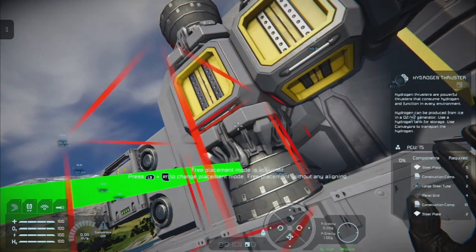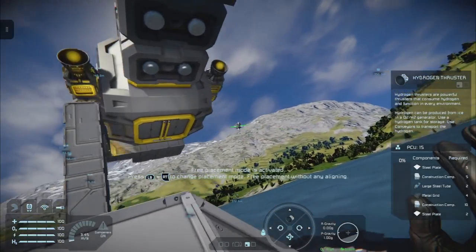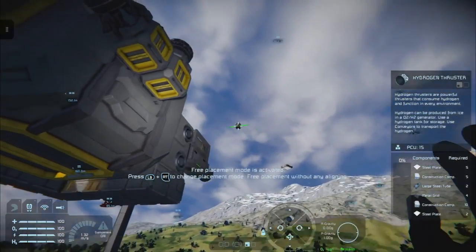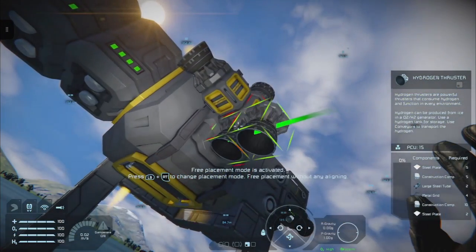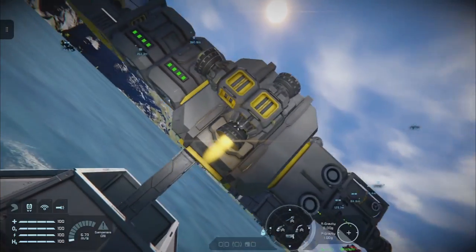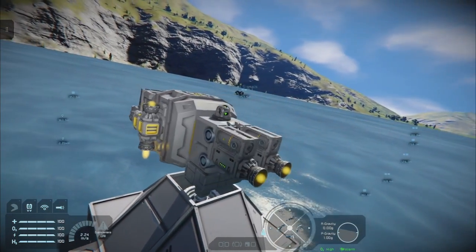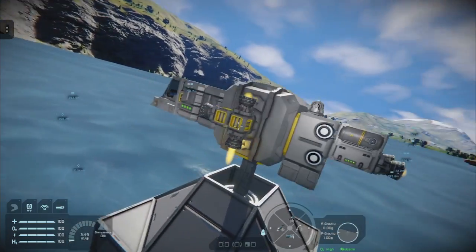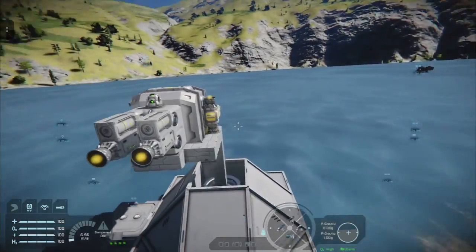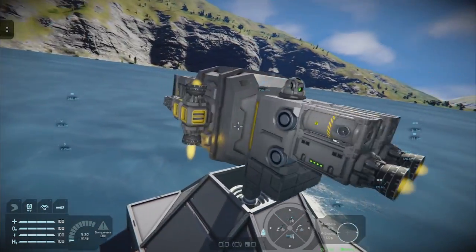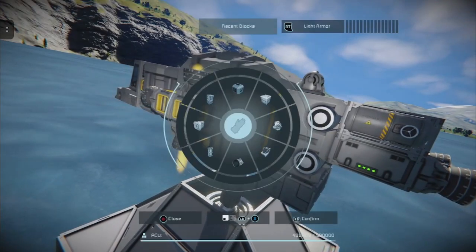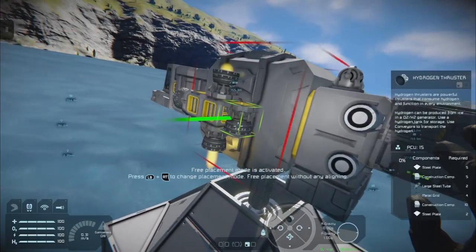Now, if you've got block damage on, this will start damaging the block underneath it. And you can see, the hydrogen thrust is already fighting the gravity on that side. And we want to balance left and right.